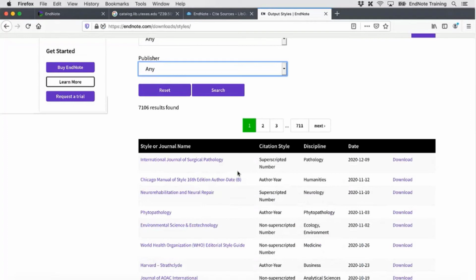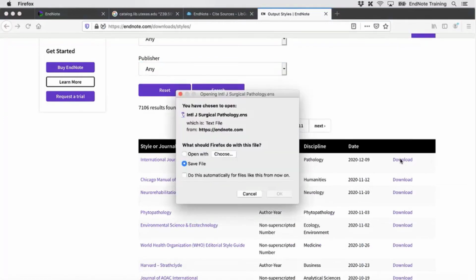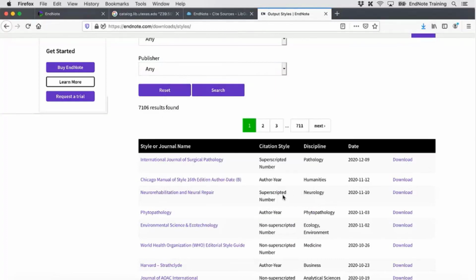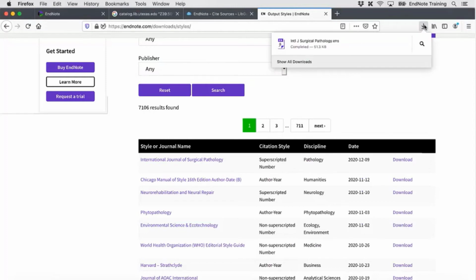But just know, once you've come to our online style repository, once you've identified a style that you're interested in, you would just click the download link next to that entry. And initially, it doesn't matter where it downloads to. Here in Firefox, I get the prompt to either open or save the file. I want to be sure I save it. Chrome and Safari are just going to save the file automatically. That's perfectly fine. Once the file has been downloaded, these are very tiny files,